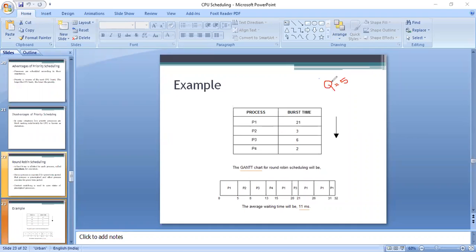That means we will provide the CPU to each process one by one in a sequence of first come first serve for 5 seconds, let's say, right? So firstly, we will provide the CPU to P1. It has arrived first in the system. So P1 will get the CPU for 5 seconds. Then after 5 seconds, whether it has completed its execution or not, the CPU will be preempted and will allocate it to another process.